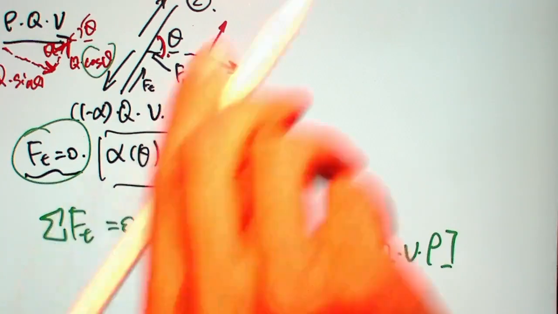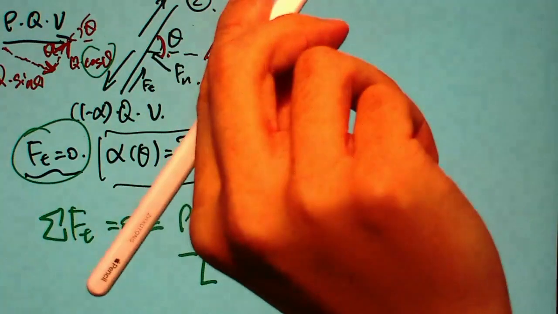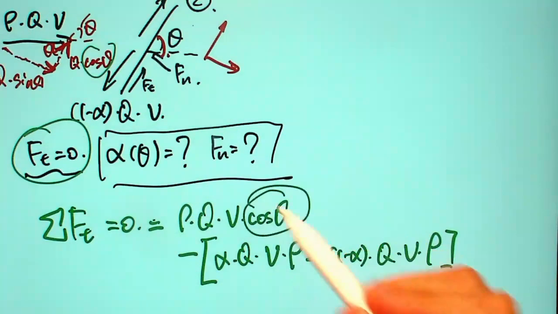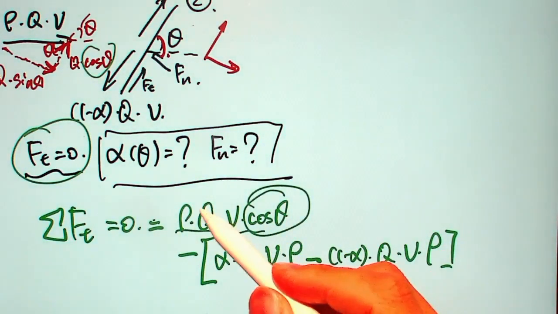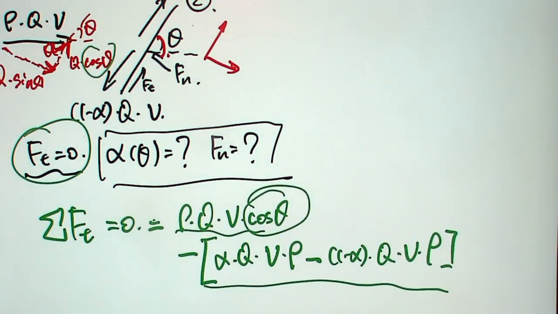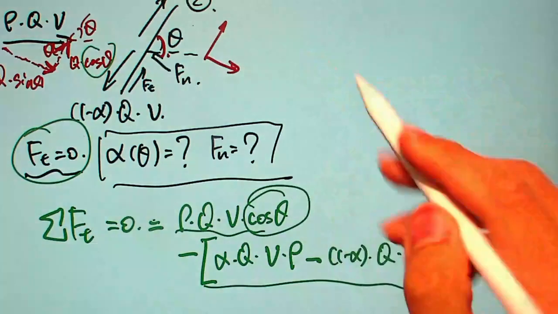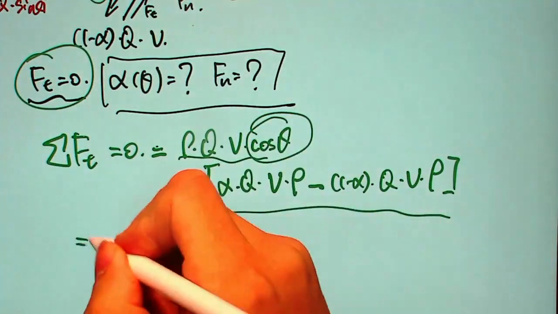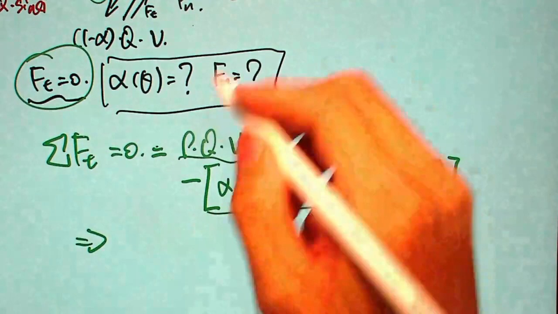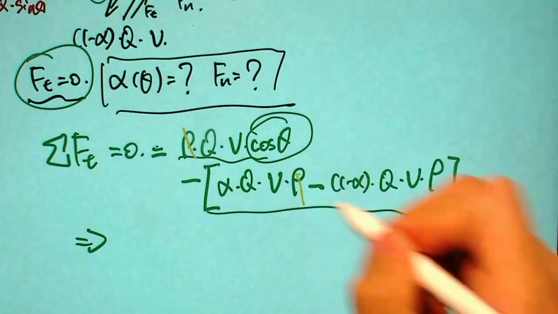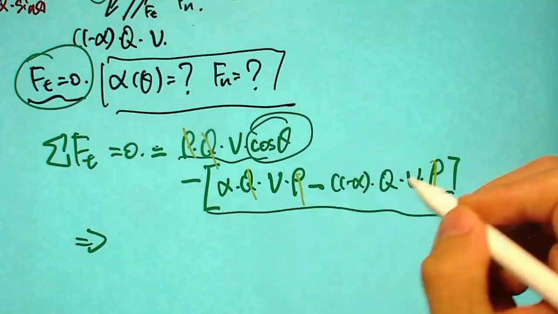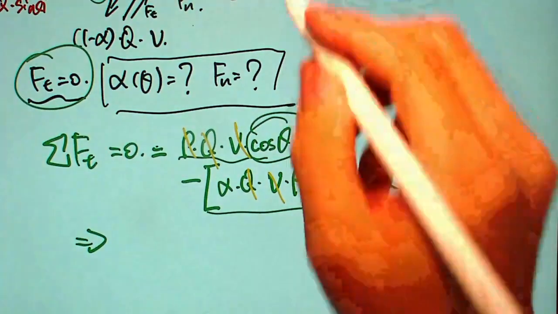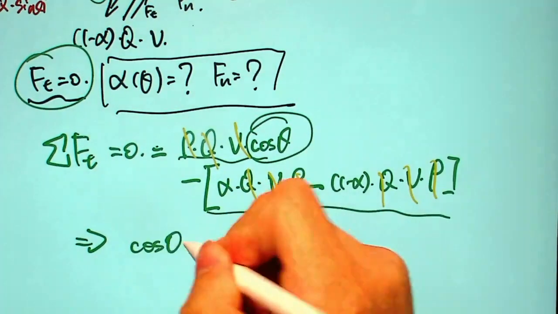Yeah, since we only consider the tangential direction. Oh, right, so we have already considered the angle in the inlet part, so we don't consider any angle in the outlet. All right, so here again we have density cancelled, we have q cancelled, we have v cancelled, and then it leaves cosine theta equals to,